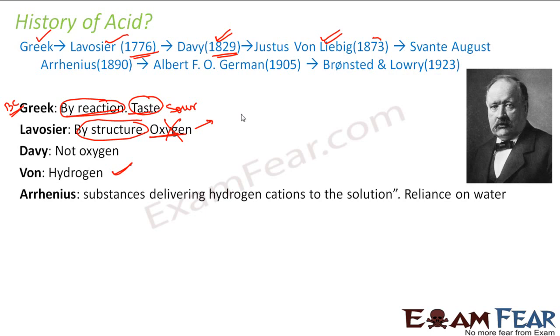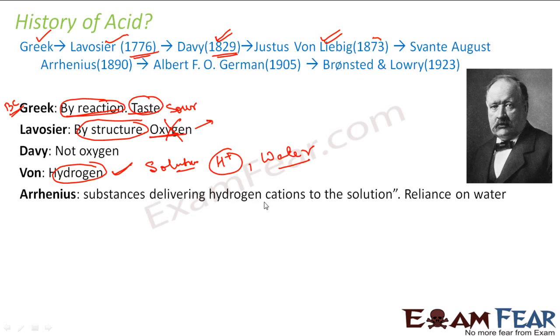Till this point they were relying on a solution of hydrogen cations, and they were relying on water, because what they were doing was they had some solid thing, they used to put it in water and create acid out of this. This guy Arrhenius, in 1890, said that we should not rely much on water, because there are substances, acids, which don't need water also, right? And there he said that